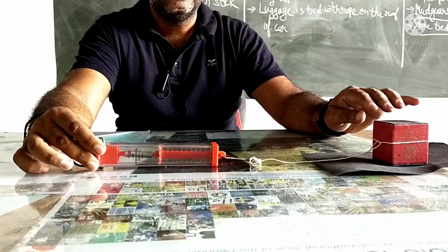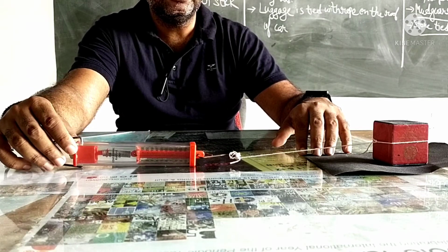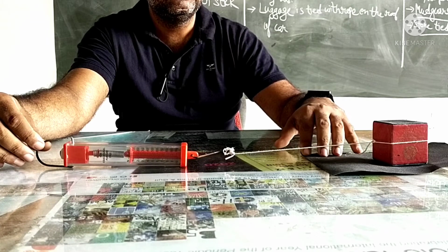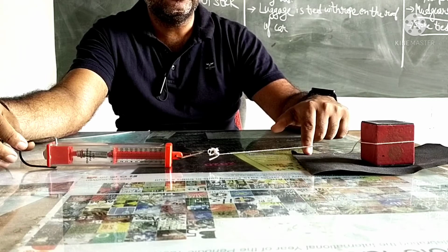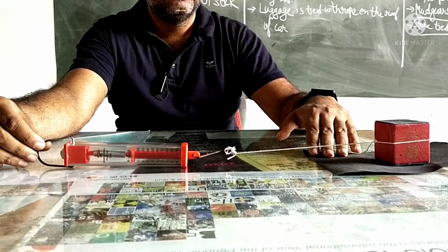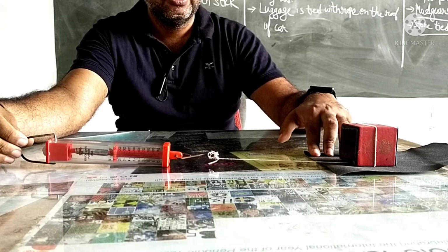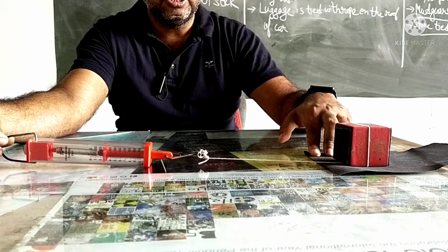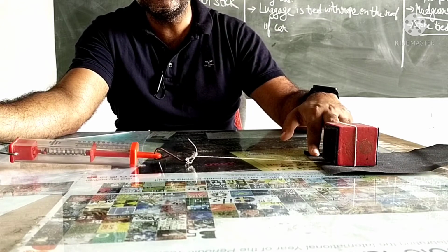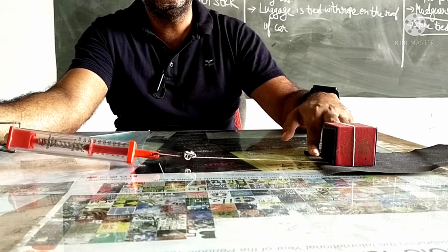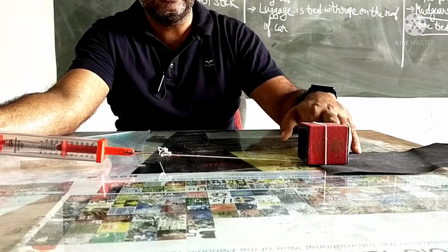Now I am trying to pull that box, and you will observe this reading. When I am pulling that box, you can see I am not able to pull, still not able to pull. The sandpaper is moving. So now I am holding this sandpaper and trying to pull it. Now see the value of force. The value of force is, you can see, 3 Newton. 3 Newton is the force required to pull that box on the rough surface, and the rough surface is sandpaper.